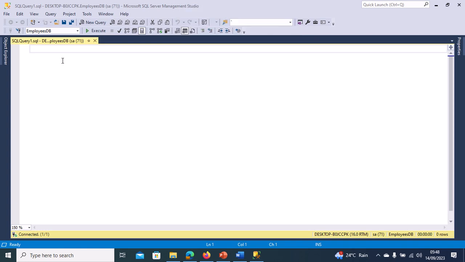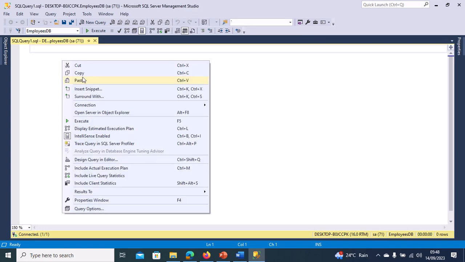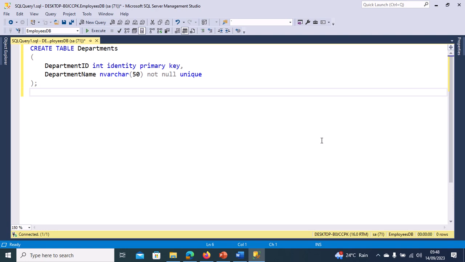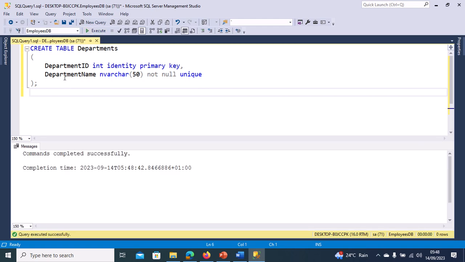I'm going to paste the query to create a new department table here. So I click execute. This creates a table called departments. It has two columns: department ID, which is an integer, and the numbers in department ID will be sequentially numbered, and it's a primary key column. And it creates another column called department name, whose data type is nvarchar(50), and is a column that does not allow null and will contain unique